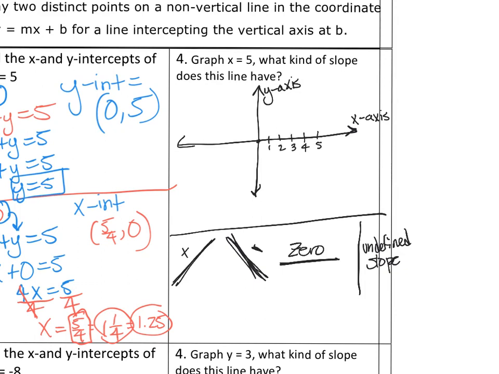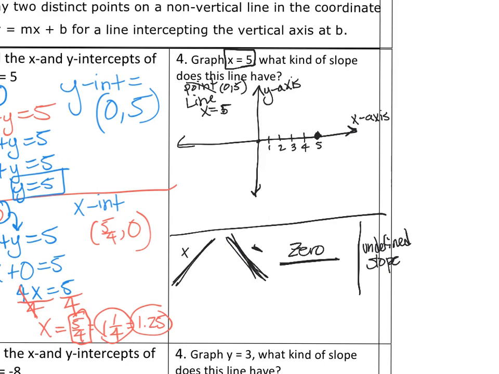So if I'm plotting x is equal to 5, this is not a point. It is not a point. It is a line. If it was a point, they would give you 5, 0. A point is given to you as x, y. A line is given to you with the equal sign. Here they want x is equal to 5. So what I do is I go to x is equal to 5,